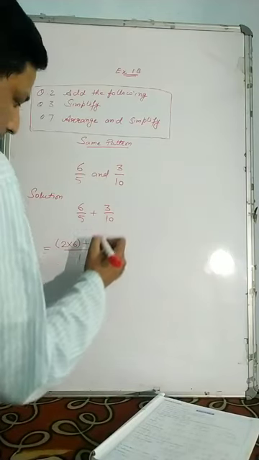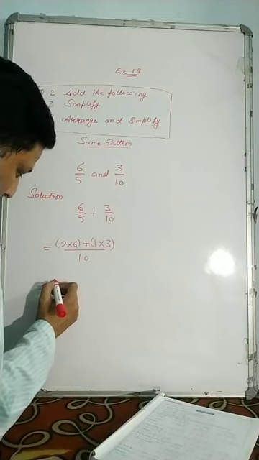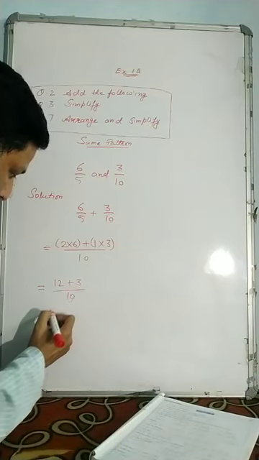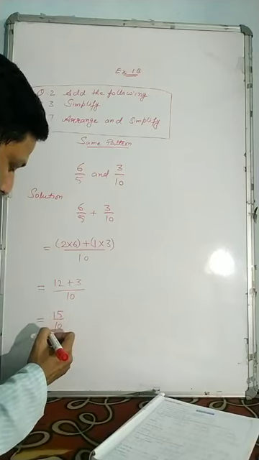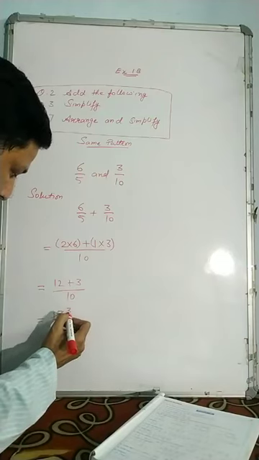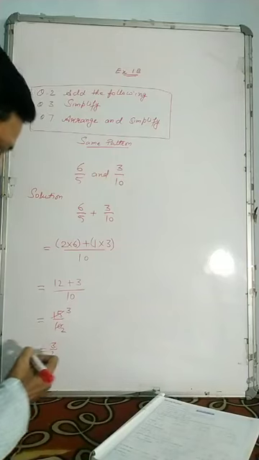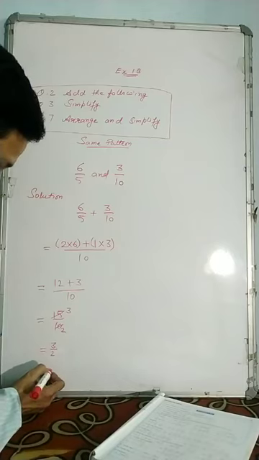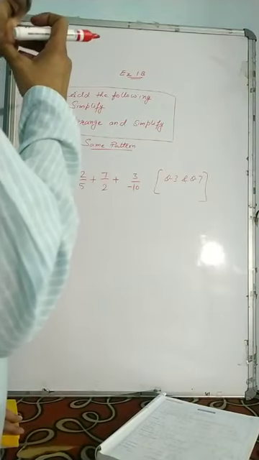Now moving on, write its numerator, that is 3. Now take bracket. In the next step, we write 2 sixes are 12 plus 3, 1 threes are 3 upon 10, and after adding, here we get 15 upon 10. Now here you can see it will be divided by 5. So here we divide by 5, we get 3 upon 2. In the next step we write 3 upon 2, and again you can see it is an improper fraction. So we write in the next step 1 whole 1 upon 2. That is the answer.